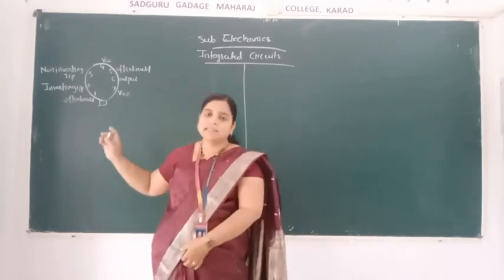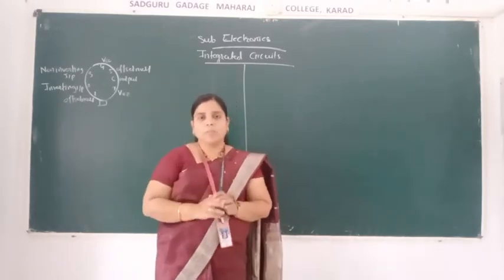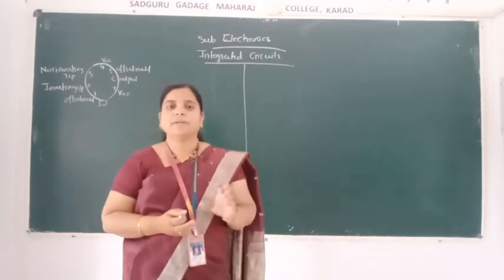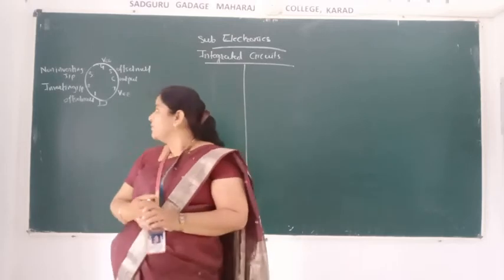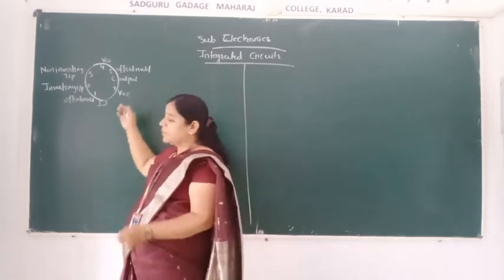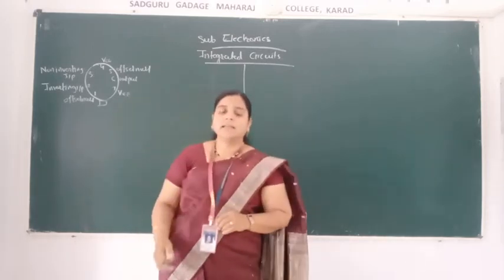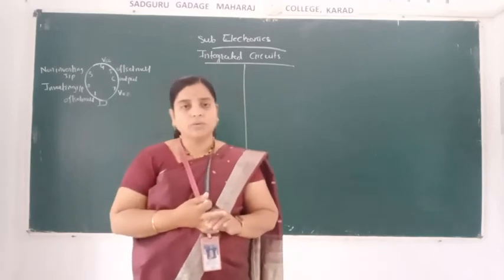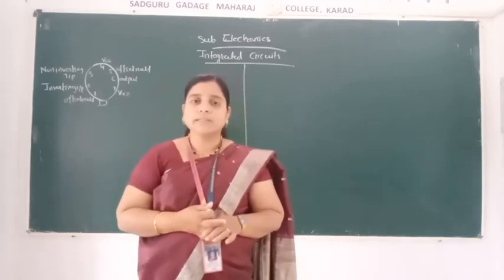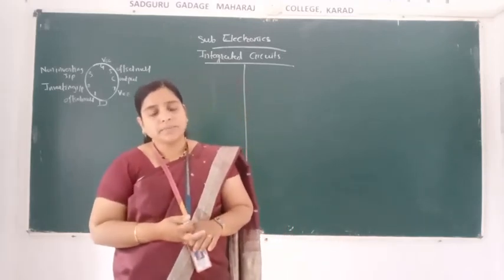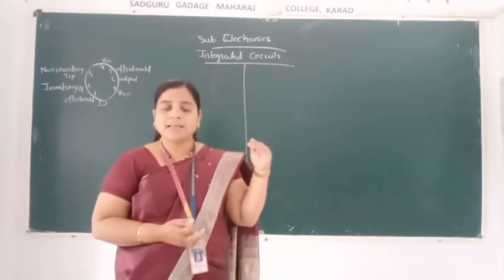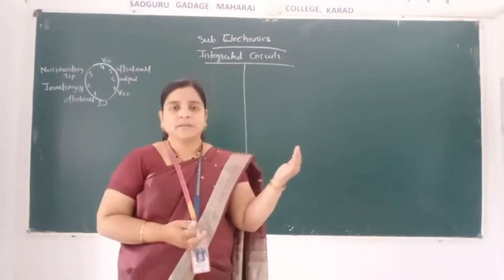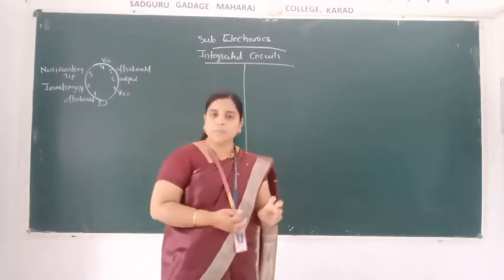After completing this IC op-amp, operational amplifier IC, in operational amplifier how many pins are there? 7 pins are there and each and every pin has its own function. We have also covered the examples on monostable multivibrator and astable multivibrator. And such examples have been asked so many times. We have seen all question papers in the Zoom meeting.